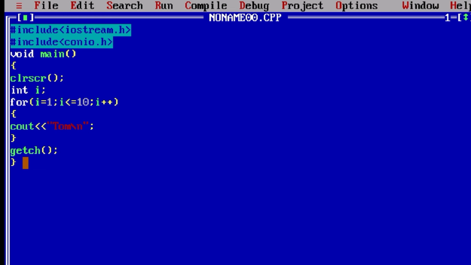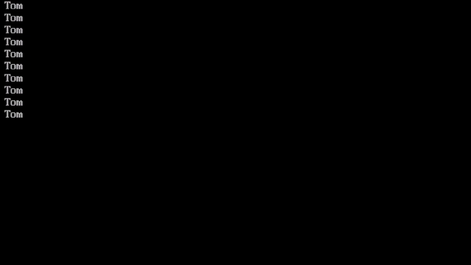If you don't know about \n, which I have taken in the cout within the body of the loop, remember that its function is to put the text on the next line, so that you may count the words you have given if you want to. This is how it runs, and this is what it is. You may count the words which you have given right there.